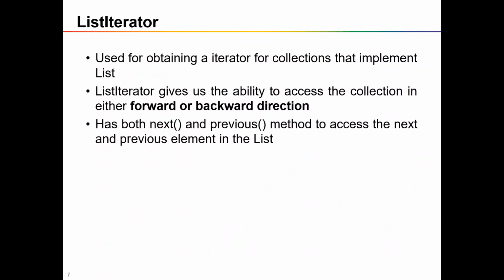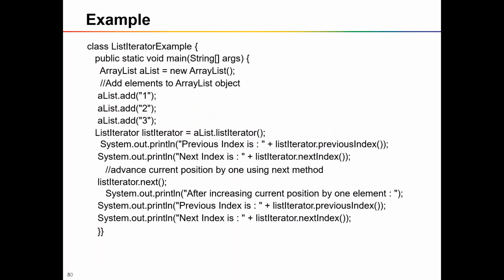Now we'll come back to the variation of iterator, which we call list iterator. So list iterator is meant for accessing the elements of the list. Here you can access the elements in both directions, forward and backward. So there are methods like next and previous. In iterator we have the next method alone for accessing the element from the list, but in list iterator we have two methods, next as well as previous. So you can iterate the elements in both directions if you are using list iterator, right?